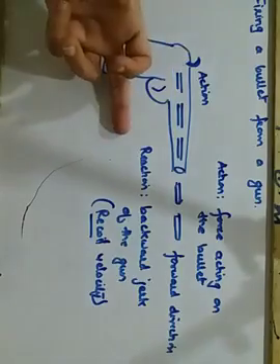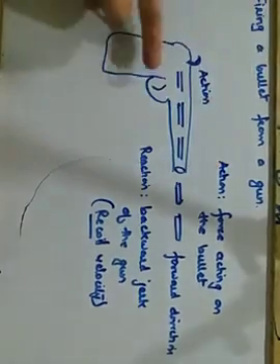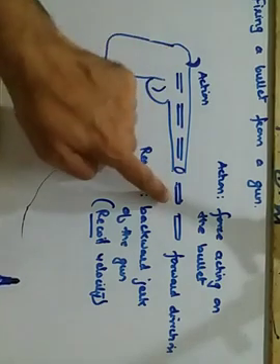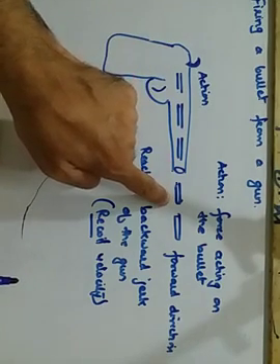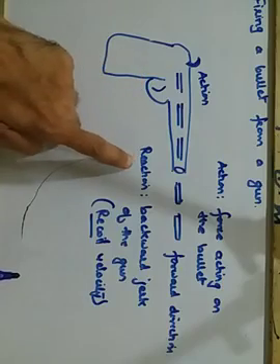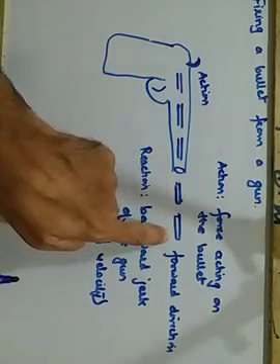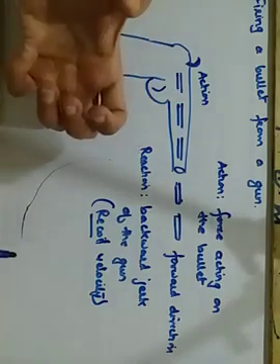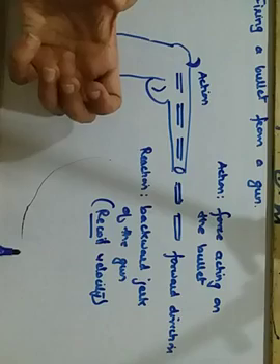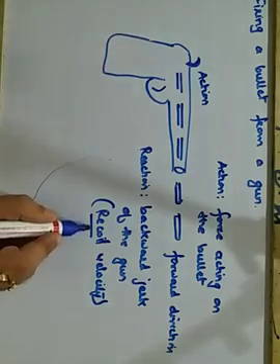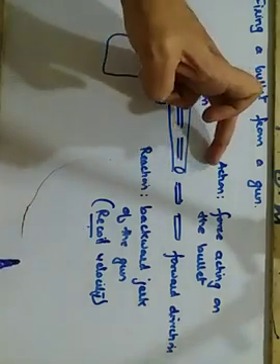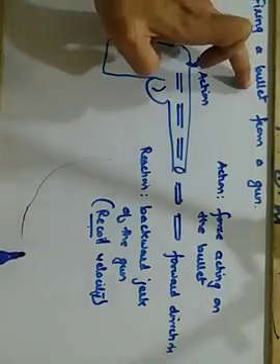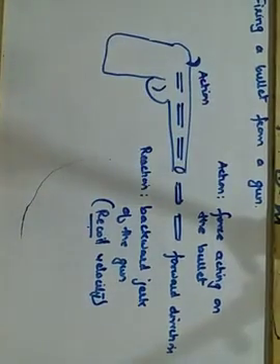So here two things are acting. The action force, the force acting on the bullet because of the gun, moves the bullet in the forward direction, and the reaction is, as soon as the bullet is moved forward, the gun which was held in the hand gets a backward jerk. This backward jerk is called recoil. So again we have seen the action and the reaction when a bullet is fired from a gun. Getting it?